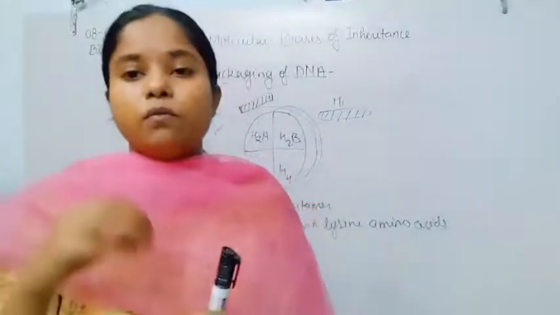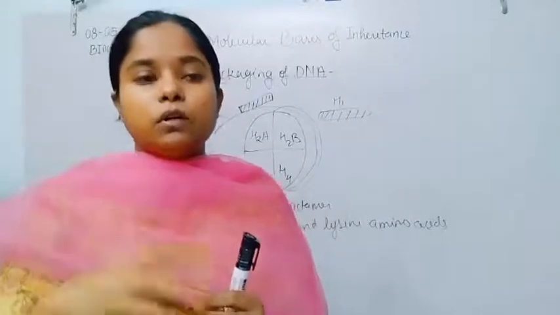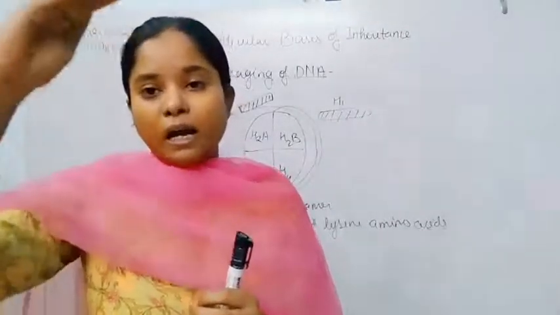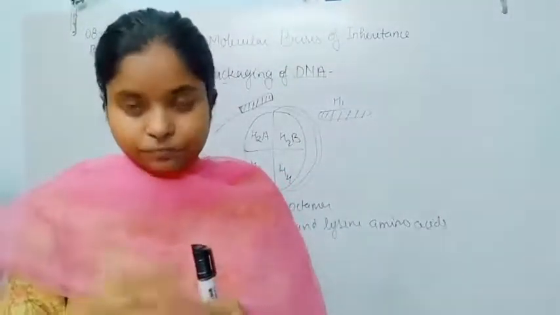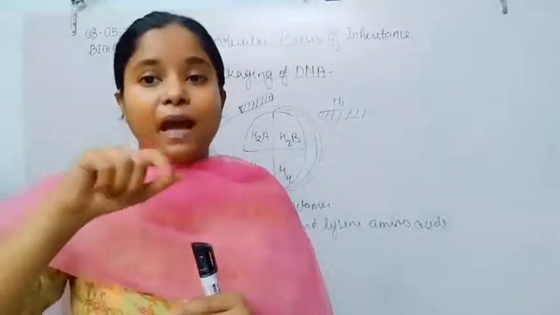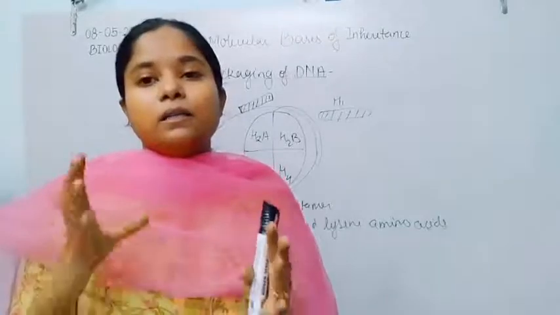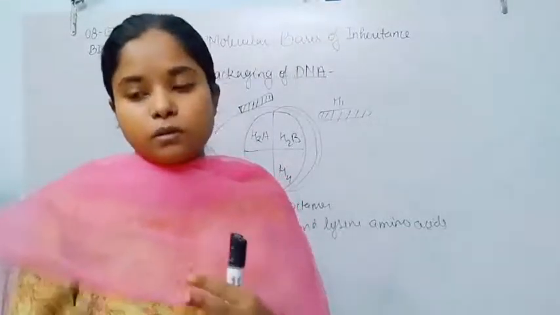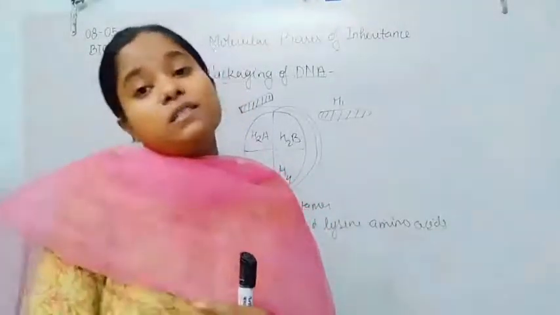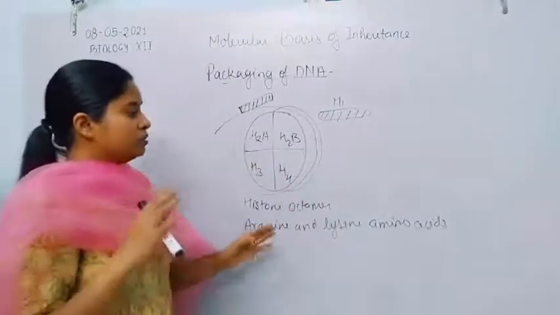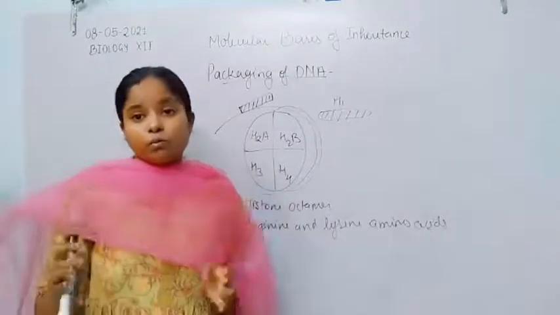what the structure of the body is, what the skin tone of the organism is, and what the height of the organism is. All these messages are present only in the DNA molecule, and that DNA molecule is present in the egg or sperm. So all the genetic characteristics for the individual are present only in the DNA molecule. So that's why the DNA molecule is so important, and packaging of the DNA molecule is so important,